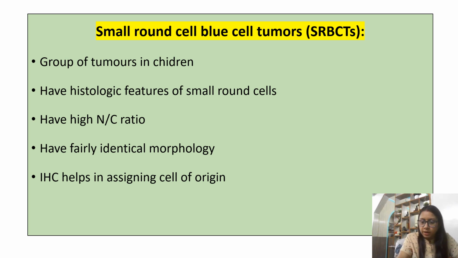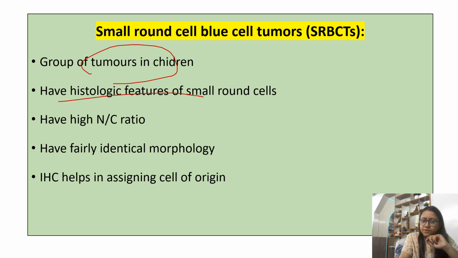Now the important part is small round blue cell tumors. So small round blue cell tumors जो होता है, it comprises a big group. You get different long questions also on SRBCTs. That small blue round cell tumors जो होती हैं, एक ग्रुप ऑफ ट्यूमर्स होती हैं चिल्ड्रन में, क्योंकि इनकी जो हिस्टोलॉजिकल मॉर्फोलॉजी होती है वो बहुत सिमिलर होती है. So these are a group of tumors which you see in children.